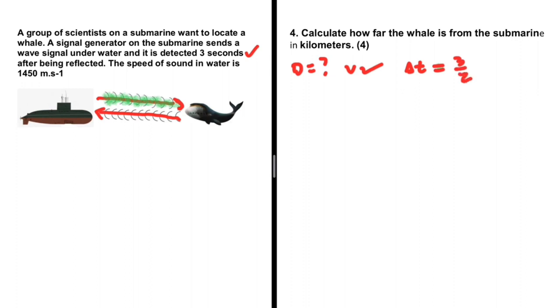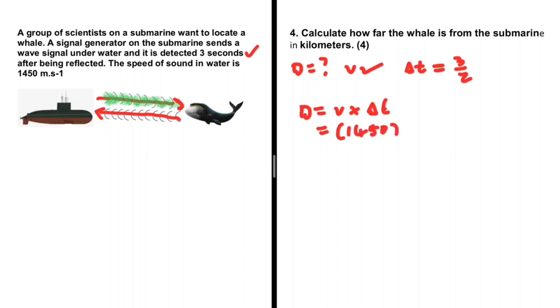This is a situation that is very close to echoes. If you still remember, we did a few examples on echoes where we have to divide the time by 2. And this is one of those examples. So the distance is equal to the velocity multiplied by the time, or the speed. Let me not say velocity. So in place of speed, we have